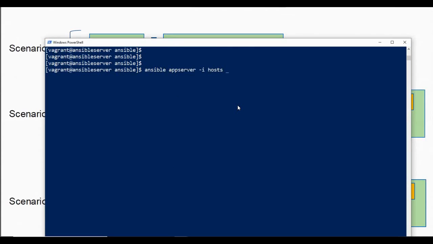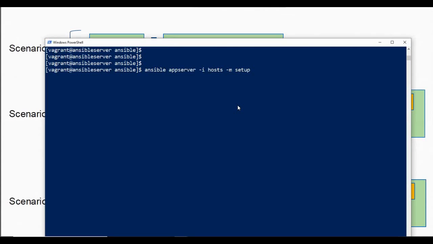Now, let me write the entire command and then we'll get to know each and every aspect of this command. After having -i host written, I'll have -m, and here I'll specify which module I want to run. Let's say I want to run the setup module. Now setup is the keyword of the module, and every Ansible control server is going to have a library of modules, and setup is one of the modules that has been pre-installed and is available inside the library.